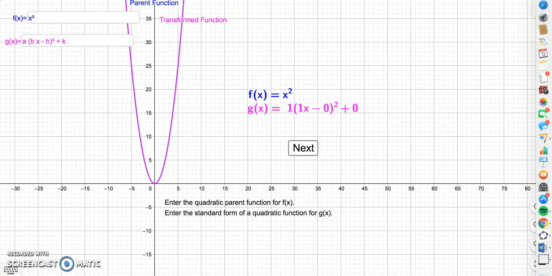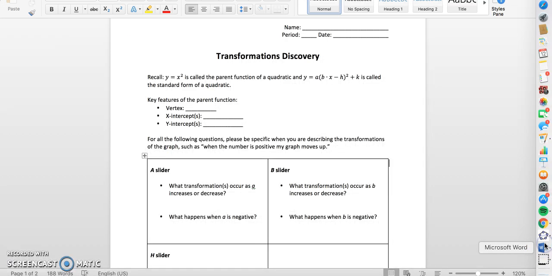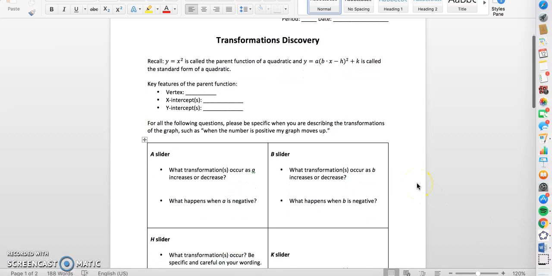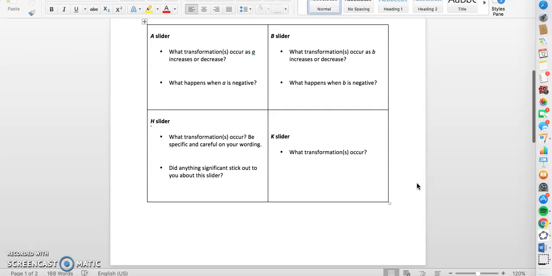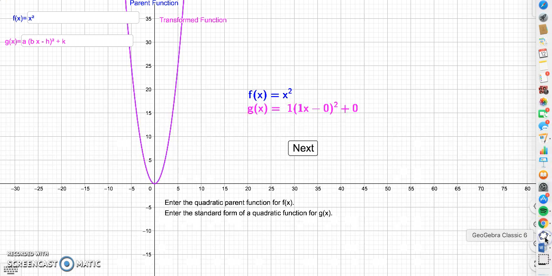Alright, on this GeoGebra sketch, students are going to be able to take a parent function and its standard form equation and discover the transformations that a, b, h, and k do to the parent function. So students will receive this sheet to fill out as they do the activity. They'll use the next and previous buttons to move forward or backward at their own pace so they fully understand